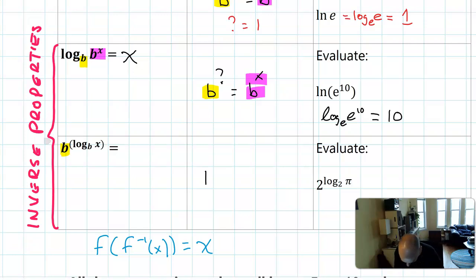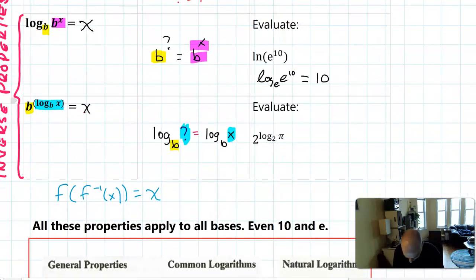And so we're going to say log base b of this is equal to question mark, equals, and then we're going to put the exponent on the other side, log base b of x. And again, we have that parallelism that, I'm out of colors. The question mark and the x are in the same spot, which means that this question mark really is just x. So if you have b raised to the log base b of that power, it just simplifies out to